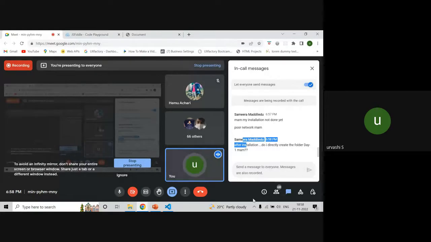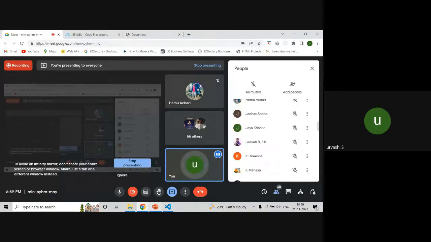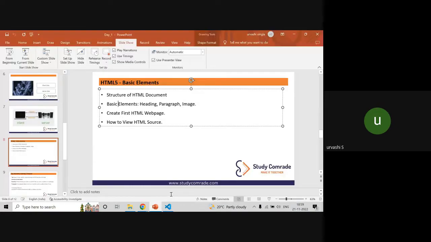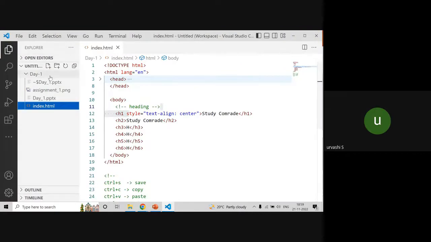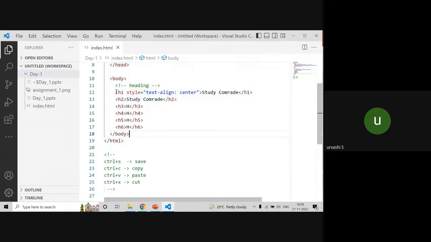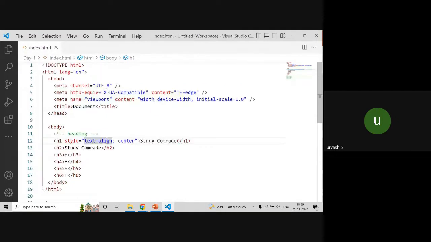Let me conclude, team. After today's session, what I wanted you to have as the output in your head is, firstly, you should know what is HTML, what is front-end development, why we are starting a front-end development journey with HTML, how to create an HTML folder, how to bring this folder here, how to create an HTML file, how to bring this structure here, and how to create a heading. This much I wanted to explain to you today.